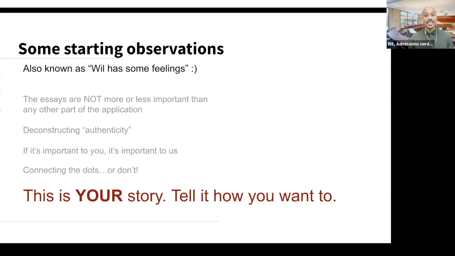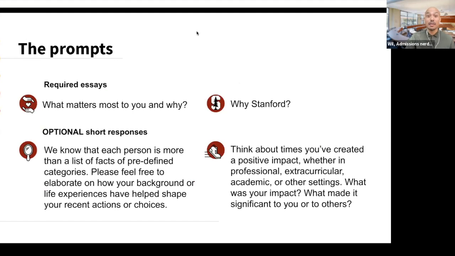So I just want to normalize the fact that you do not have to have severe trauma or tragedy or obstacles to be able to understand who you are and convey that in a manner that's compelling, because everybody has something to learn from everybody else. So I just wanted to put that out there because I think it's important for us to think big picture and not compare to other people's experiences. This is not any type of Olympics by any means, but rather an opportunity to delve deeper into who we are.